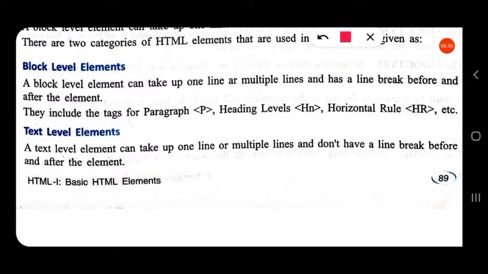Then text level elements. A text level element can take up one line or multiple lines and doesn't have a line break before and after the element.